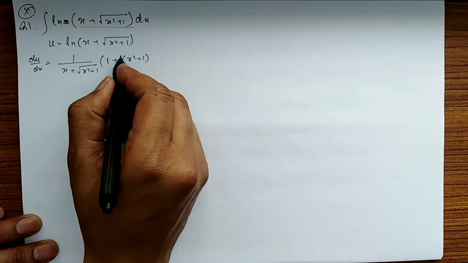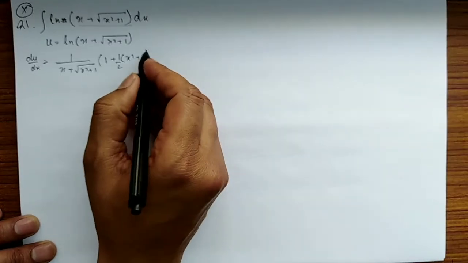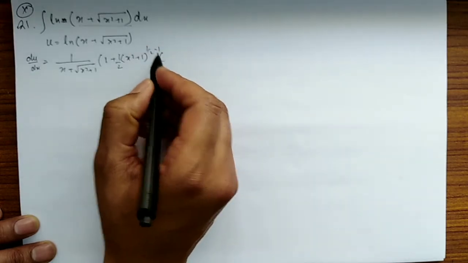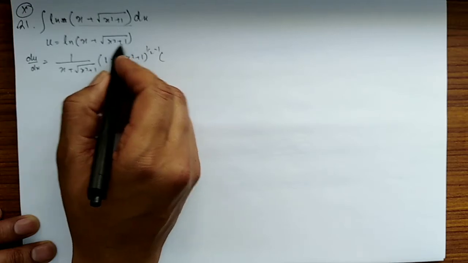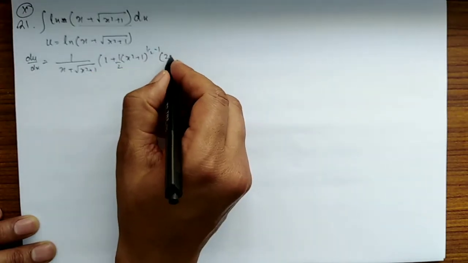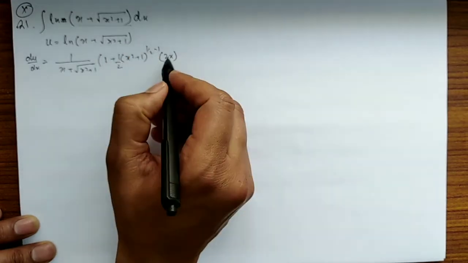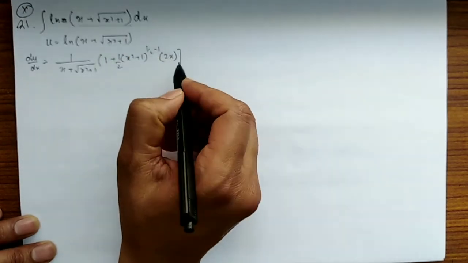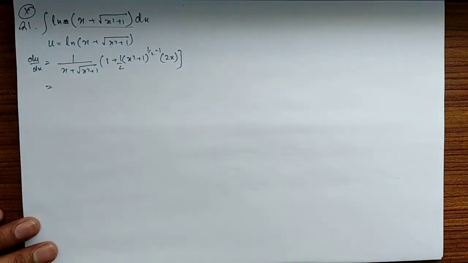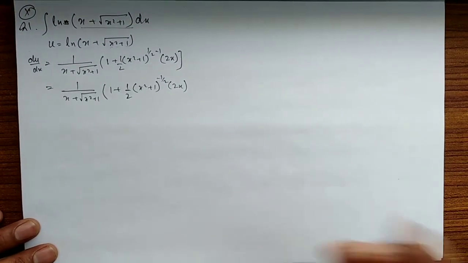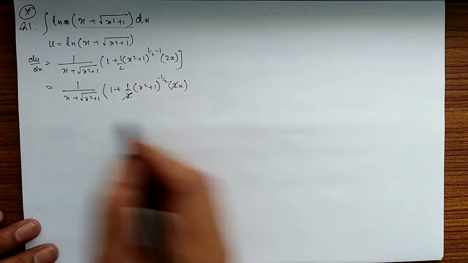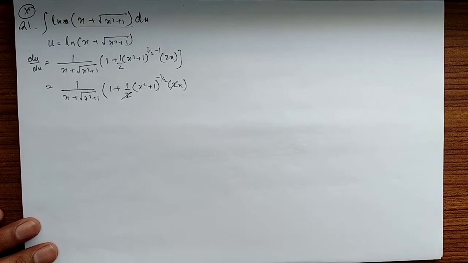The power shifts, 1 upon 2 minus 1, and the derivative of the function under the root sign, that is x power 2, gives us 2x, right? So rearranging, we can write it as this one, and cancel out this 2 and 2, and again write it in a simpler form,